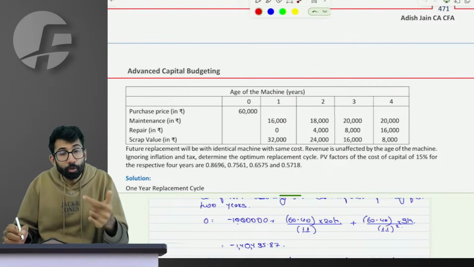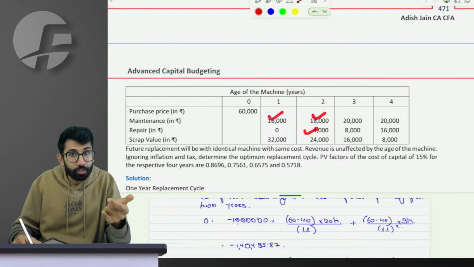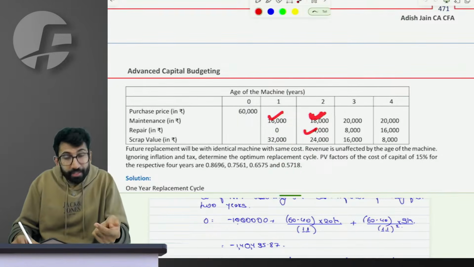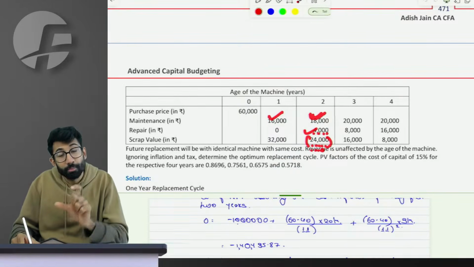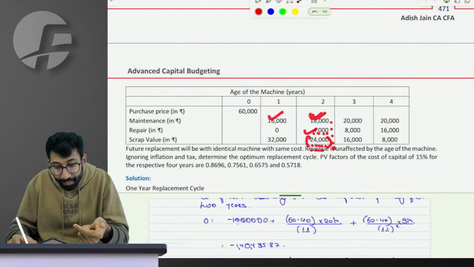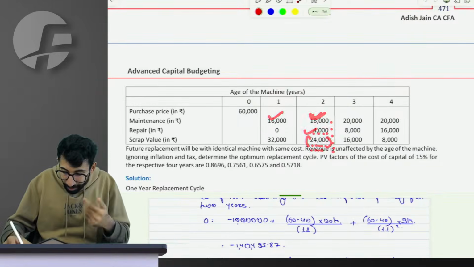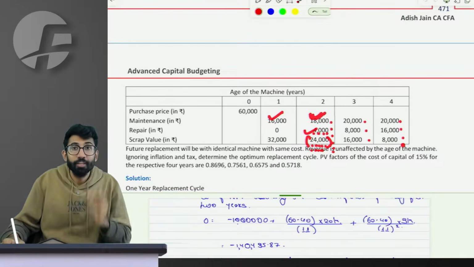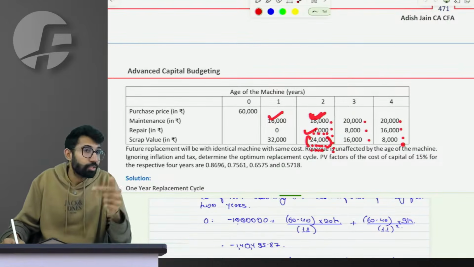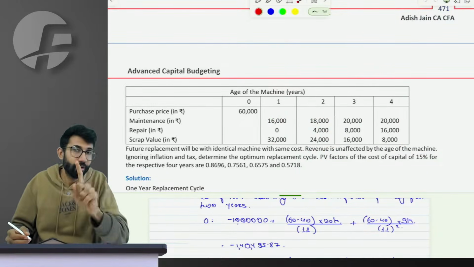So can you feel, common sense, if you use the machine for 2 years, in the second year there is some extra cost being incurred for maintenance, and repair is also there. And more than that, the salvage value received is also less. But what is the advantage of incurring these costs? That I am able to use it for 2 years. So every year there is some additional cost and loss of salvage, but the benefit is that you are able to use it for 1 more year. So we have to evaluate how much the cost is for every year.